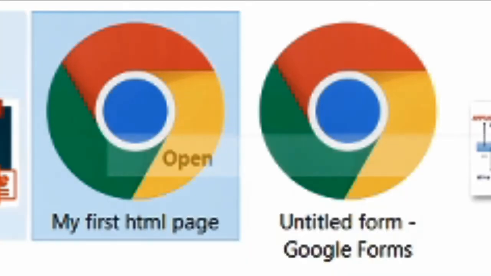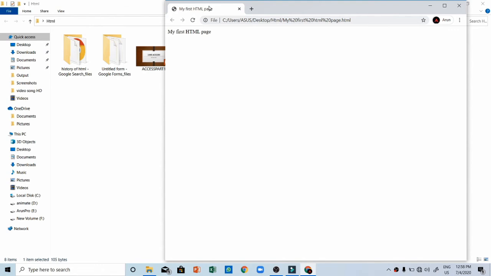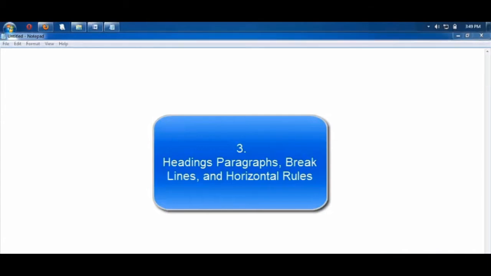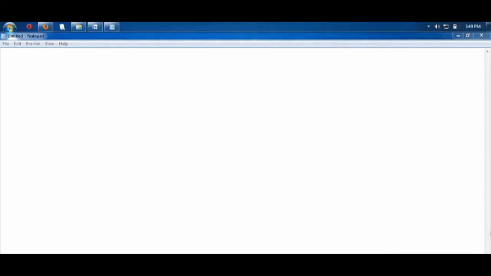See, open this and a web page pops up on your window. This is the web page you have just learned to create. We have simply learned how to open a text editor and how to write down the source code. Now we learn about headings, paragraphs and some other formatting tags like the rule, called the horizontal ruler, the break, line breaks, etc.